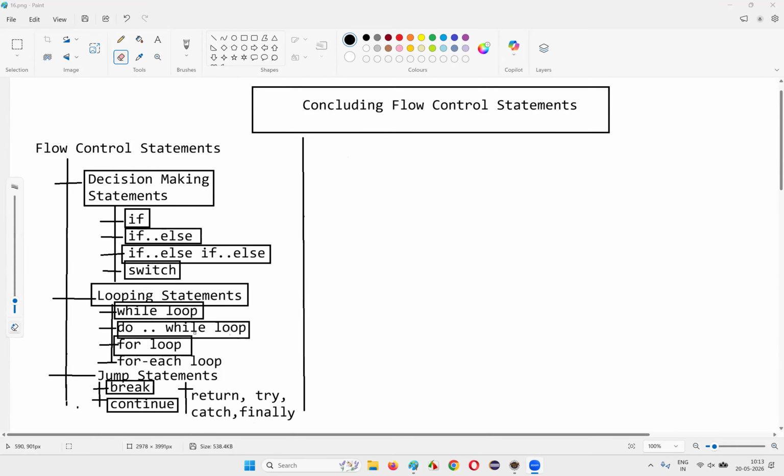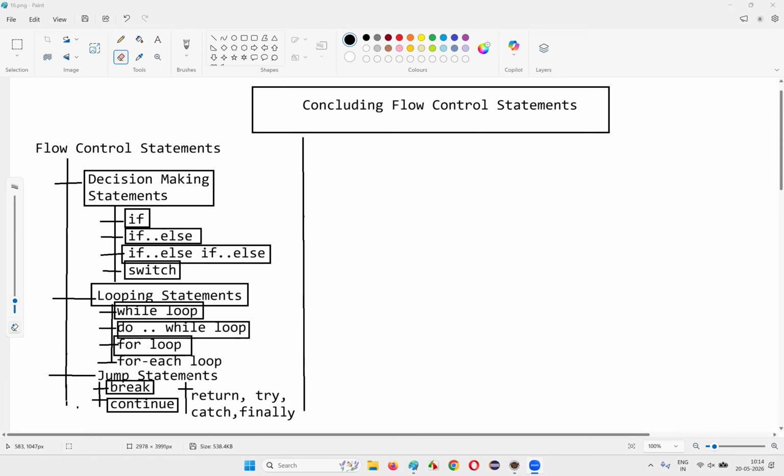But there are a few topics which I have not covered as part of the flow control statements. There are some statements I have deliberately, or intentionally, not covered, because this is not the right time for me to cover such topics. For example, under the looping statements, you have the for each loop. This topic I have not covered because the for each loop can only be explained with arrays. I'll be covering arrays in the upcoming sessions of this course. Till then, I cannot cover this, so let's wait for the arrays topic. When the arrays topic comes, along with arrays, I'm going to cover how to use a for each loop. Till then, you have to ignore it.